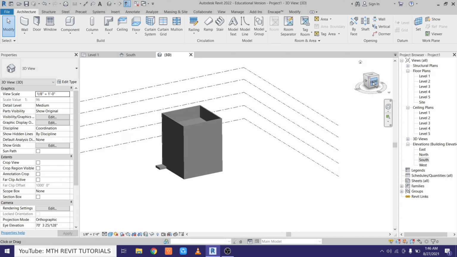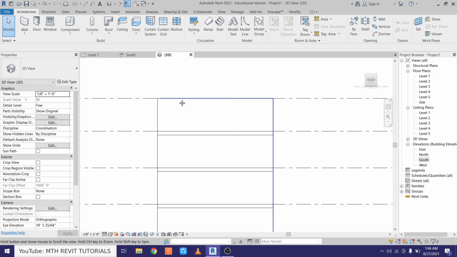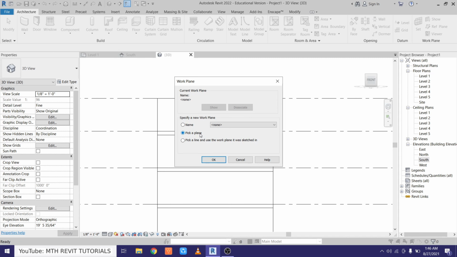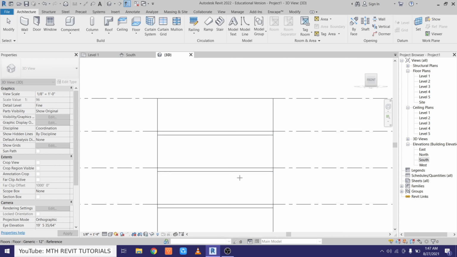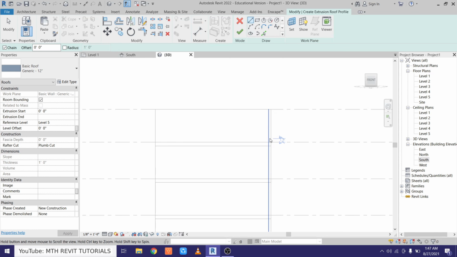So let's go to the front view here, and then okay, we'll just change it to hidden line by pressing HL on the keyboard. Now let's go here and click this drop down and select roof by extrusion, and this dialog box will pop up. You just need to choose pick a plane and then click OK, and we can select the face of this wall here. So just hover over the edge and you can see the face of this wall is highlighted. Just click and just click OK,